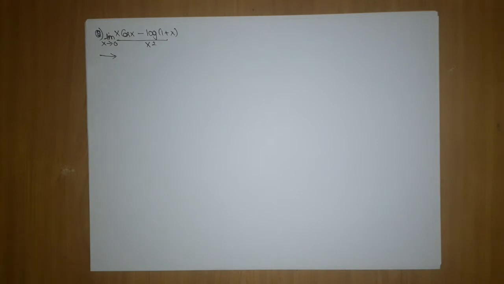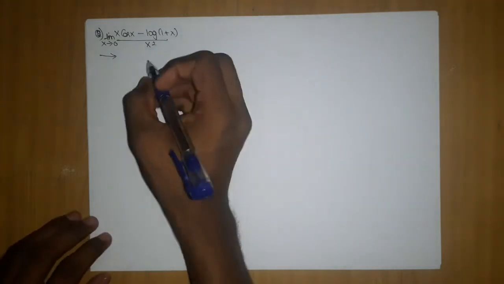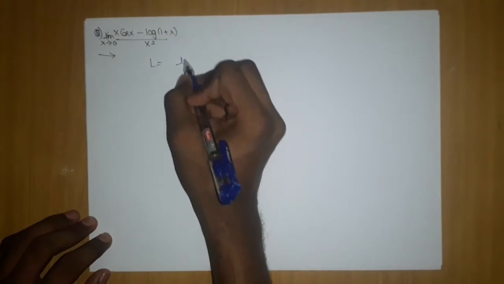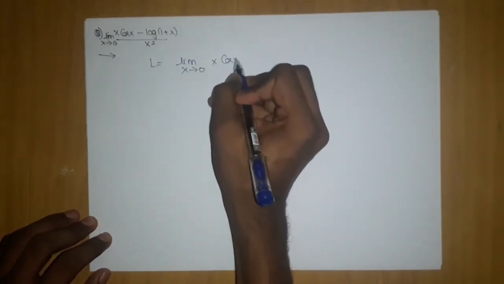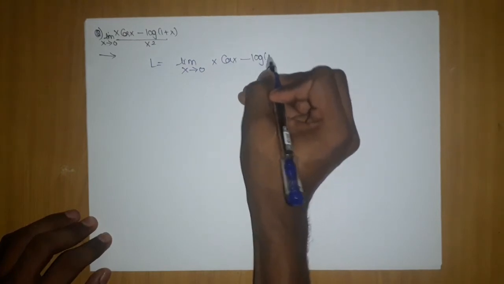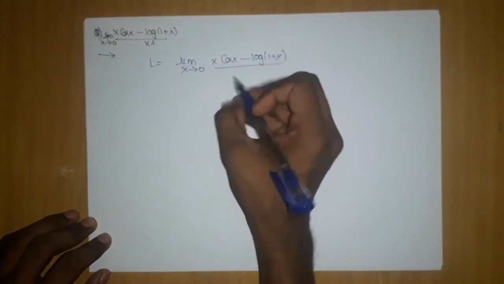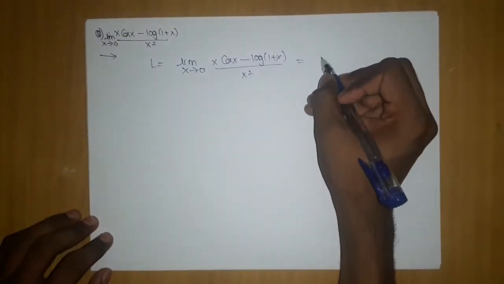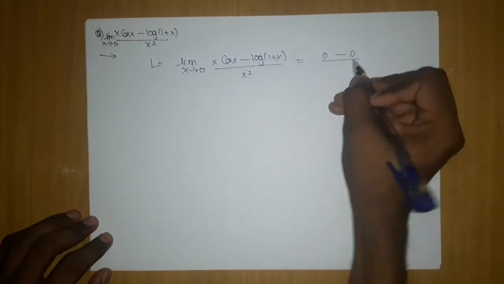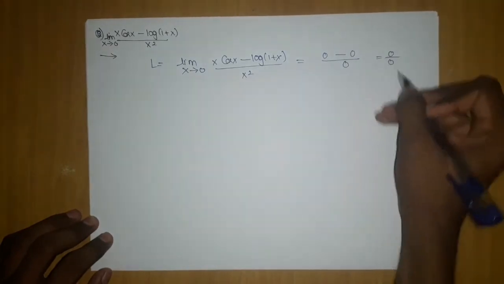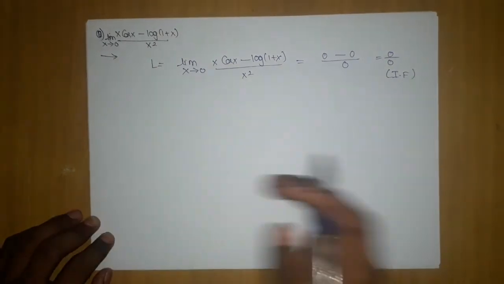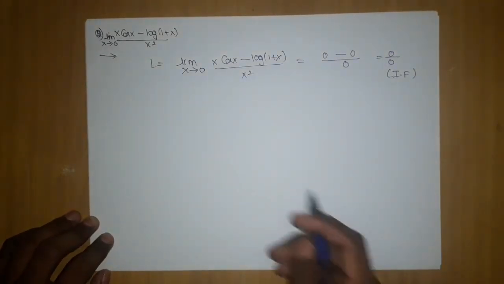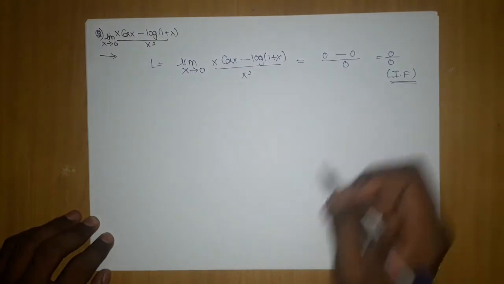Process is very simple, you just need to follow the steps. Write it L, limit x tends to 0 x cos x minus log 1 plus x upon x square. Substitute the values. What you're getting is 0 minus 0 upon 0, which is 0 by 0, which is indeterminate form. You have to mention in the next statement it is an indeterminate form. I am using a representation. Okay,